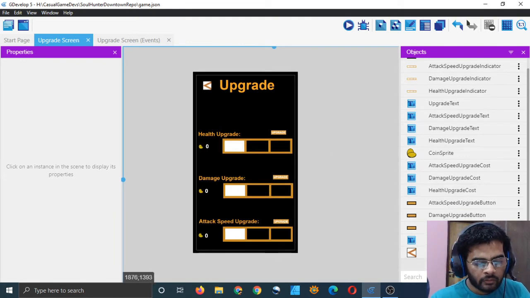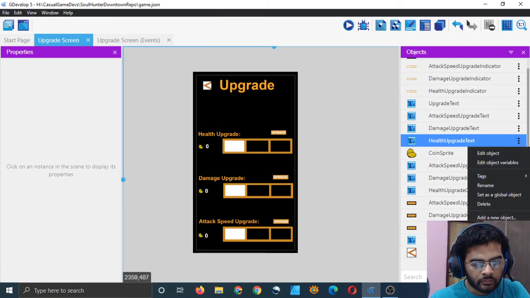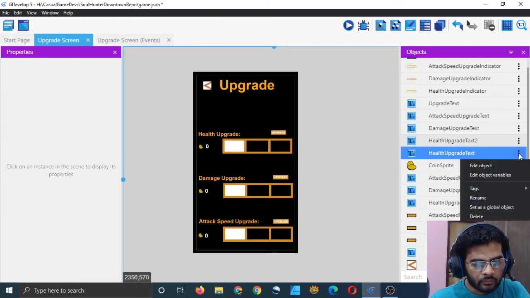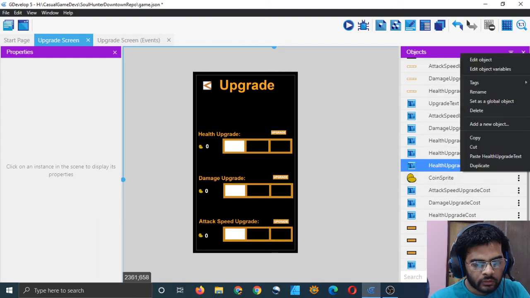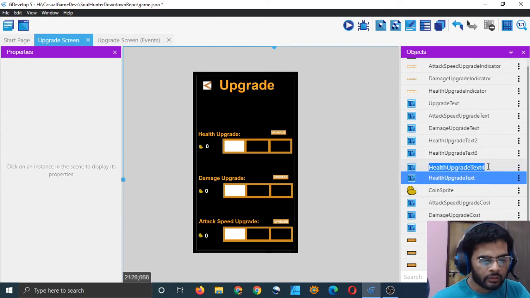First thing, we need 3 more text fields, and I will just use this one. Duplicate it 2 times, 3 times, 1, 2, and 3, and call them by other names.